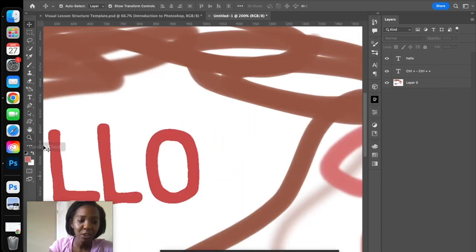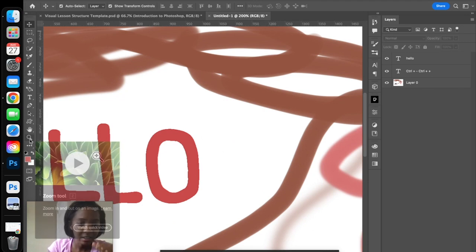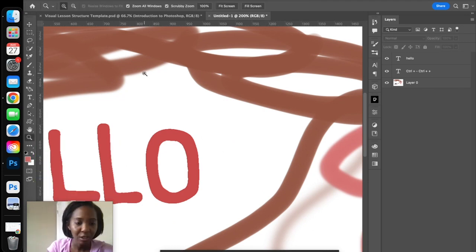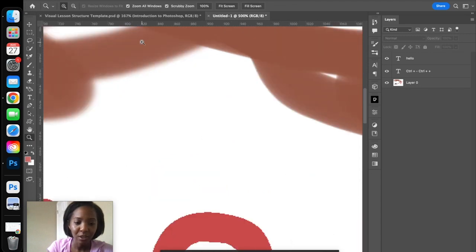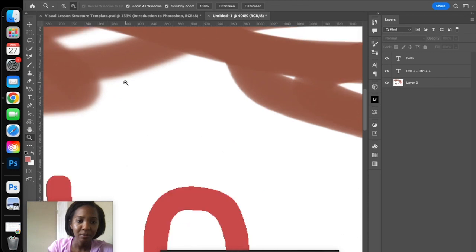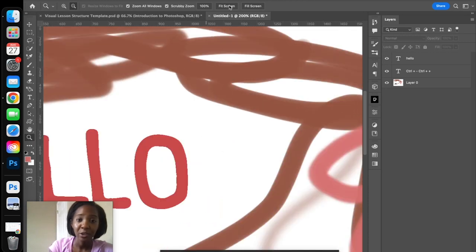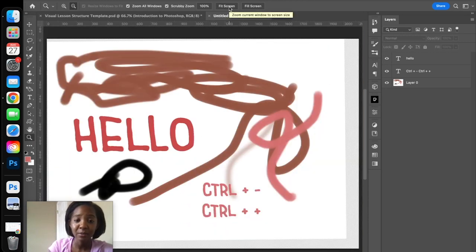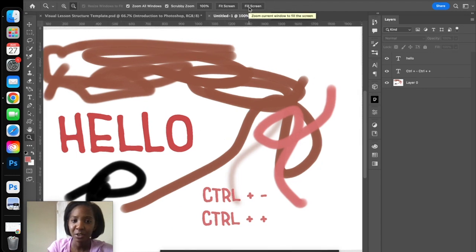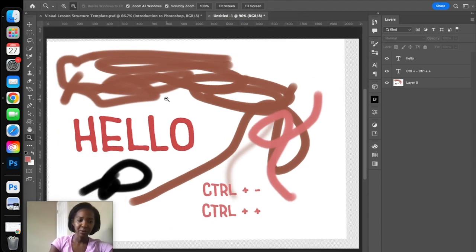And of course, you can always use your zoom tool, which is located here, and it looks like a magnifying glass. You can also use that zoom tool to zoom in and out. Your settings for your zoom tool are up top, zoom in and out. If you just want to fit the whole thing on the screen, there you go. If you want to fill the screen, there's a few different ways, but I just wanted to show